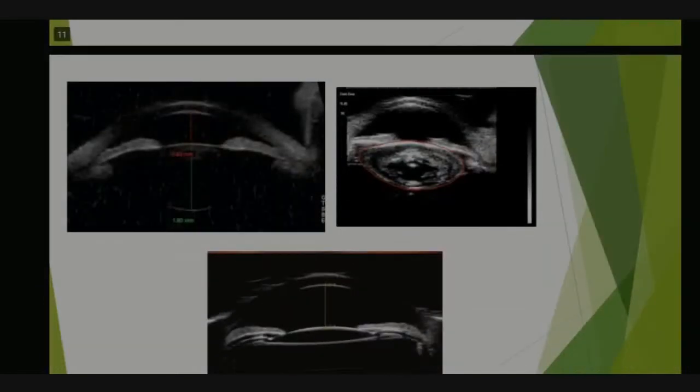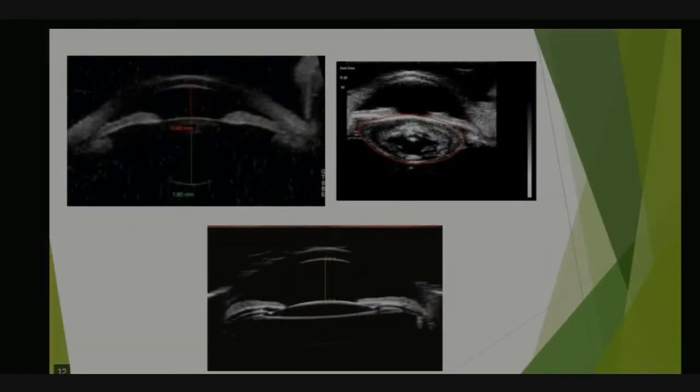This is the first image, the central scan, that is axial. Here we take from sulcus to sulcus. The patient is asked to look straight up, center. The eye will be placed in the center, looking at the top. We place the probe here for the central scan. We take a transverse scan. Clear?